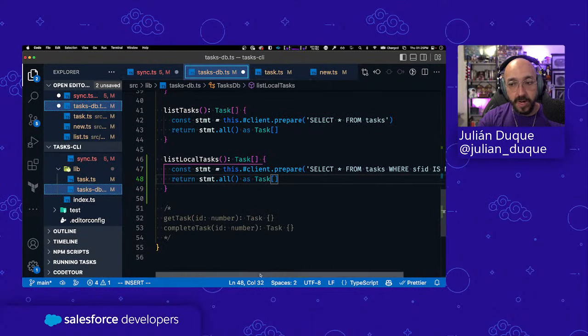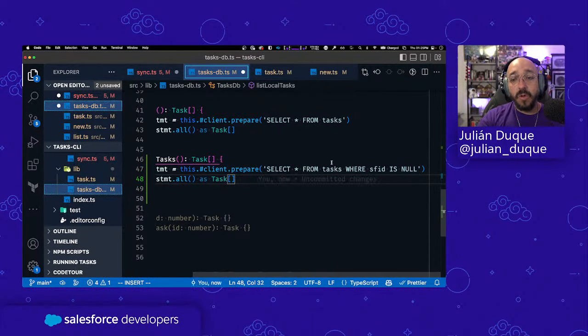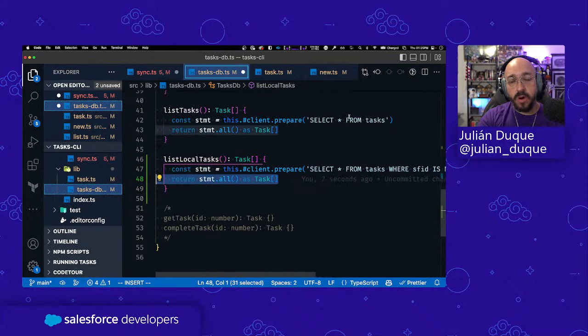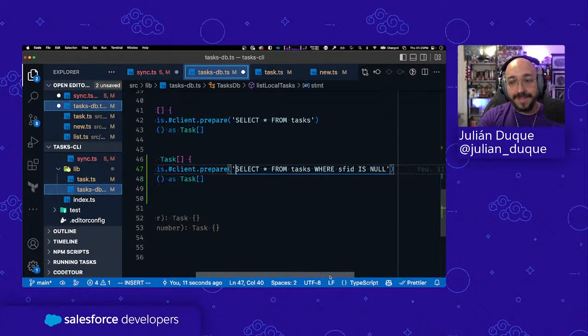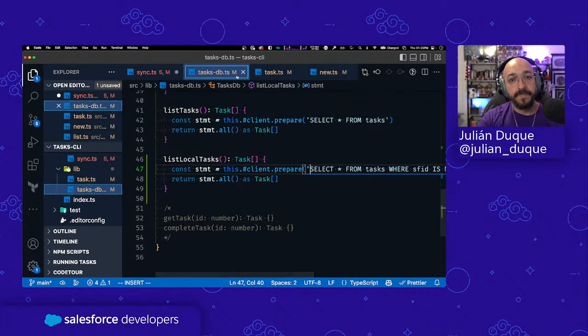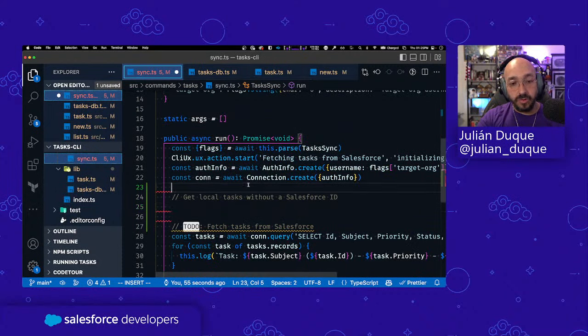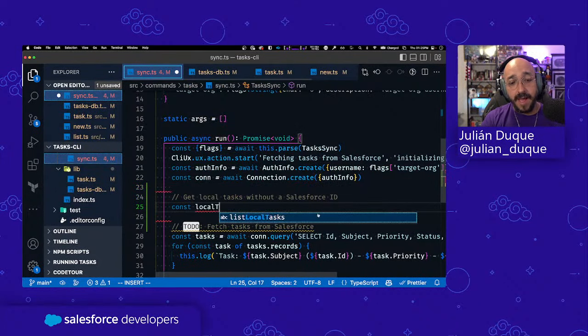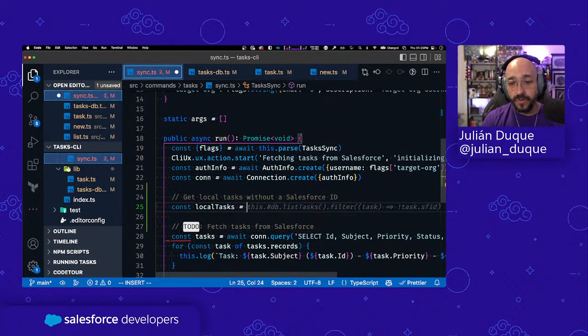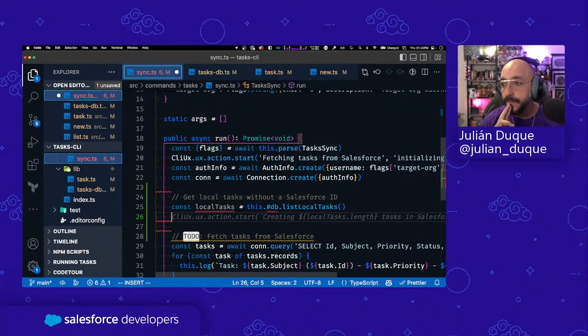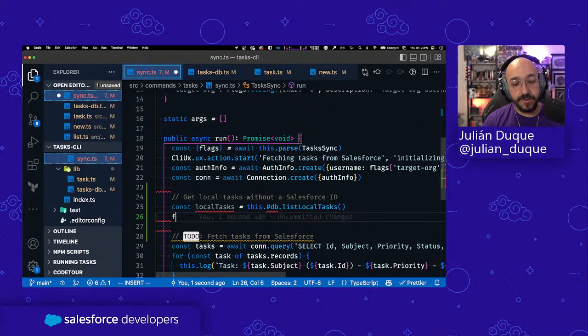And pretty much what I'm doing is select all the tasks where the Salesforce ID is null. So right now, I am performing pretty much the same query as before, but only for the tasks that are not synchronized. And I am going to be working with those. So the local tasks are equal to the list local tasks. Okay, I have my local tasks now. Then I need to store these local tasks in Salesforce. So let me